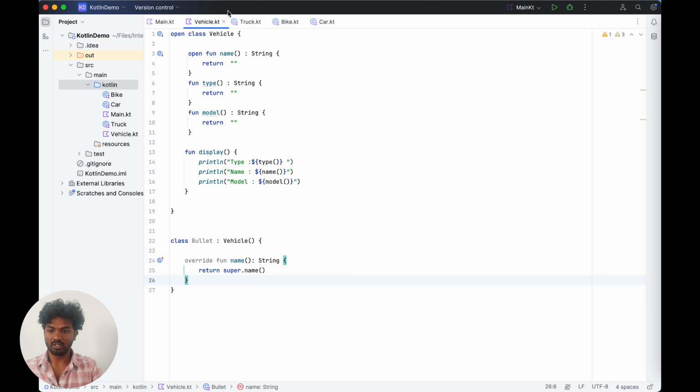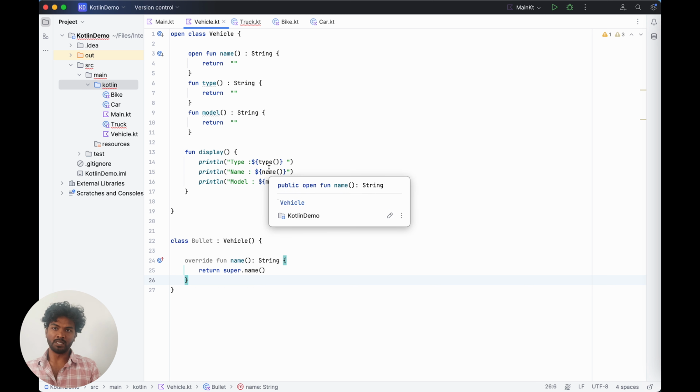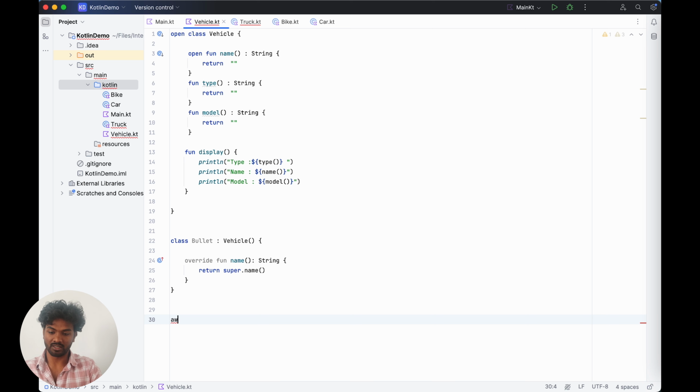So next one, what is that we have? So abstract, open, then sealed one. So sealed class. The difference between sealed and abstract or open class is that with open we can extend multiple classes. It's like no limit, you can make multiple children. Okay, but if it is a sealed class,